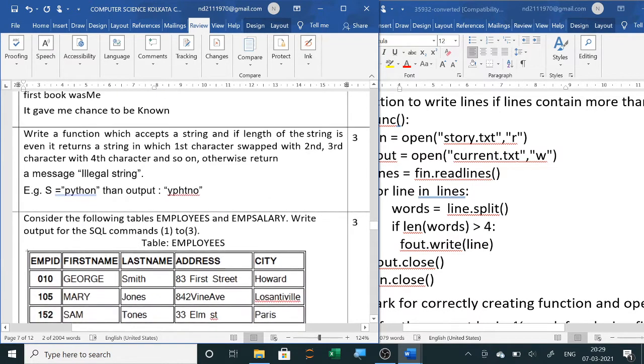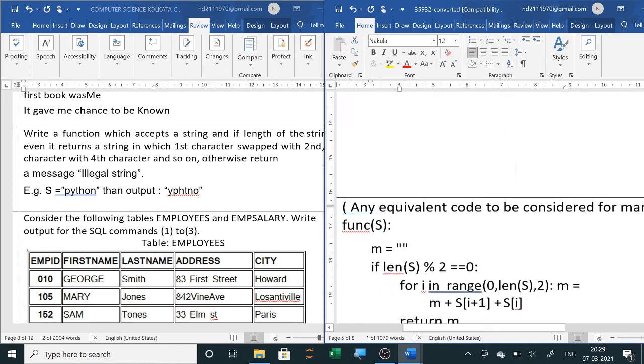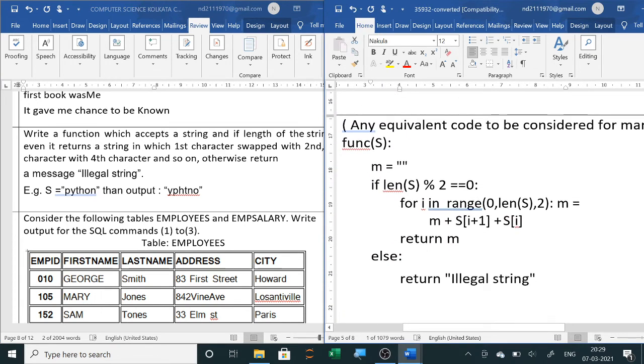Next question is: write a function which accepts a string, and if the length of the string is even, it returns a string in which the first character is swapped with the second, the third character with the fourth character, and so on. Otherwise it returns a message, illegal string. So we will accept a string, we will check the length. If it is even, %2 double equals to 0, then